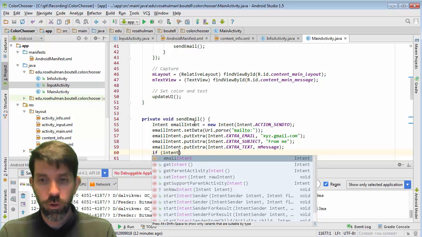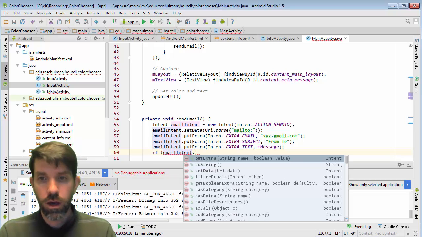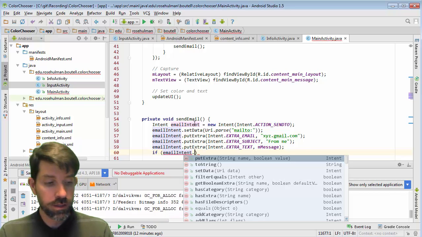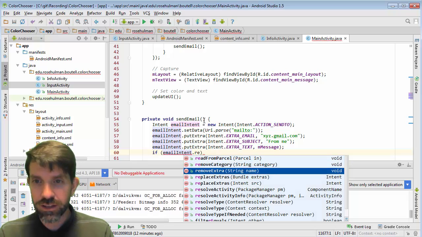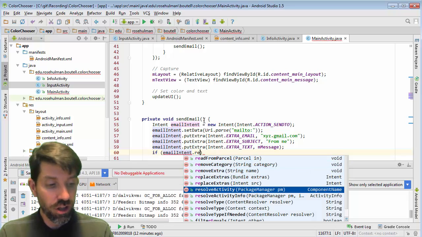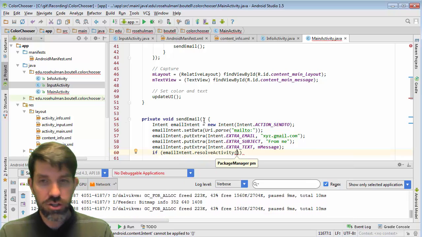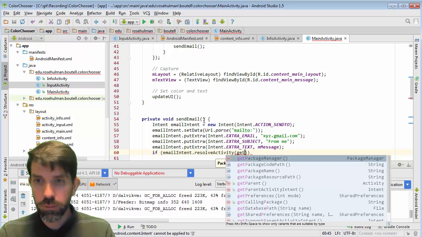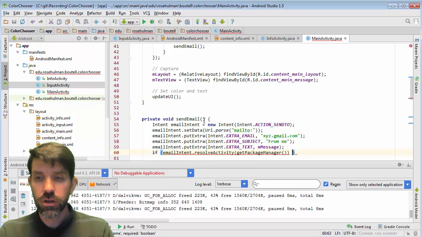But there's one more thing I want to do here. So if email intent, excuse me, and there is a function that I want to call here that I need to look up because I don't do this all that often. So it says resolve activity, right? And with a package manager. So I'm going to have to get my current package manager. So like that. And if resolve activity actually finds something to use, so in other words, if it's not null,